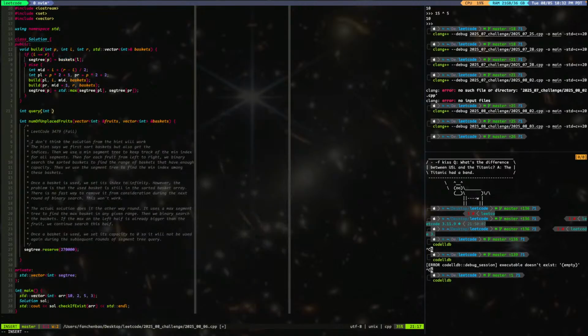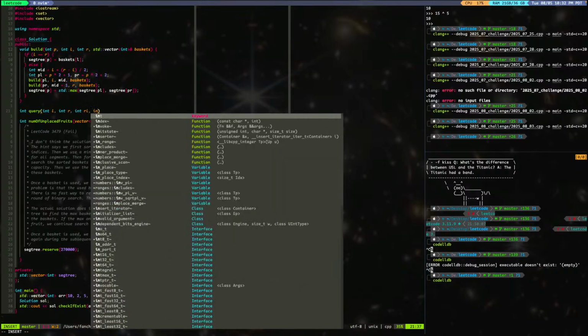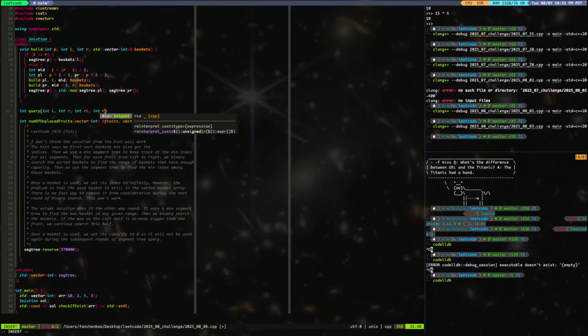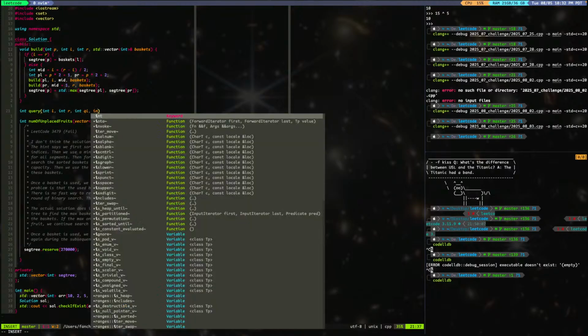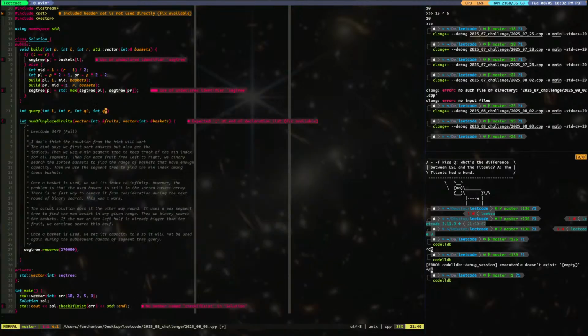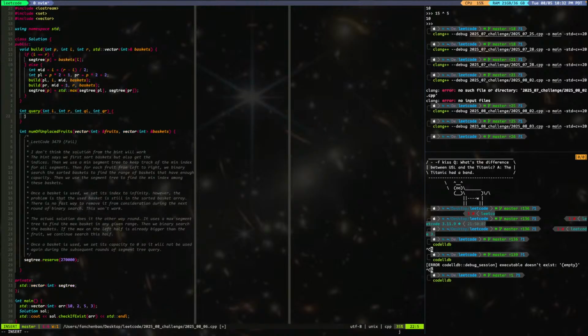So query, what we need is left, right, and then range left, range right. Oh, query left and query right. Okay, query right. I don't need anything else except I think I also need P. Right. So we say if